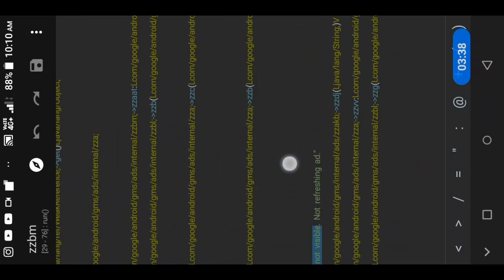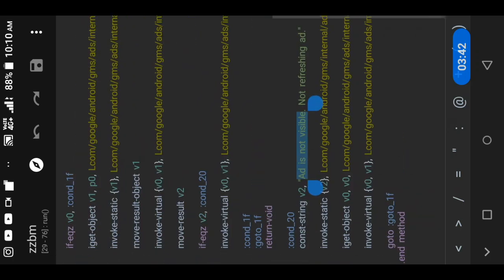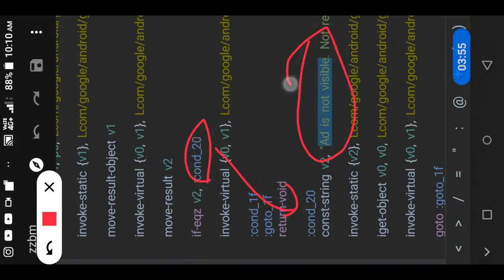What it says is, when it is connected to the ad server, if the server has no ads, then it will go to condition 20 and it will say that the ad is not visible.